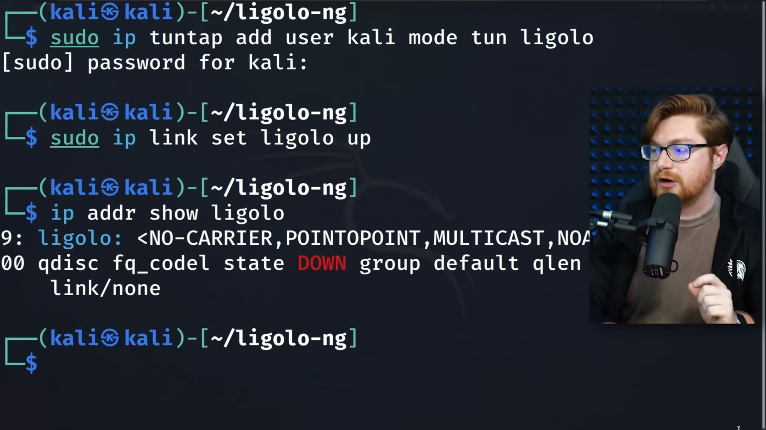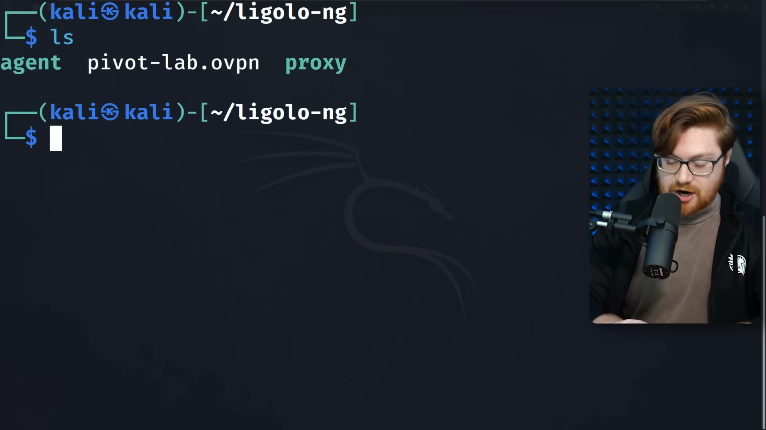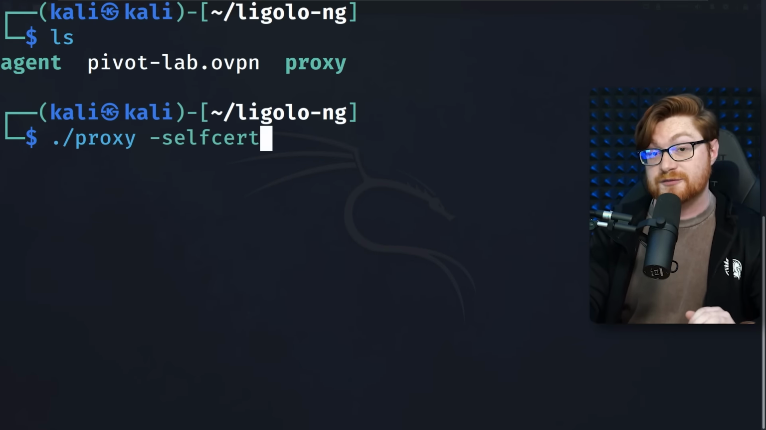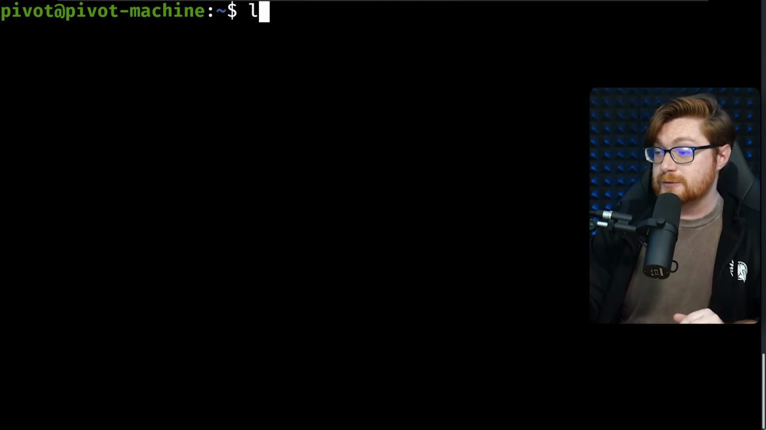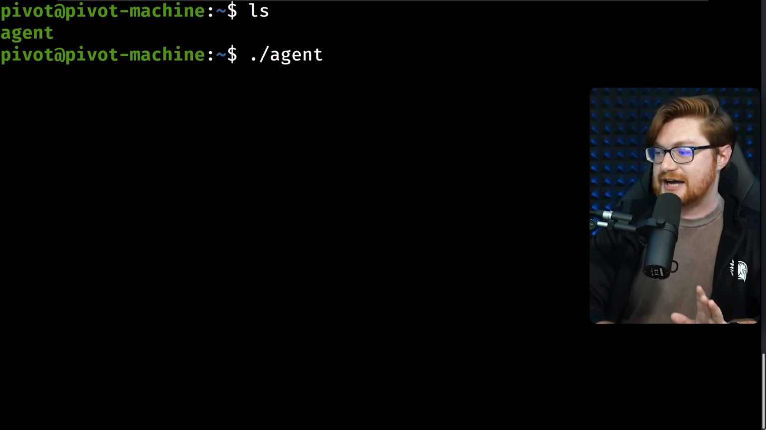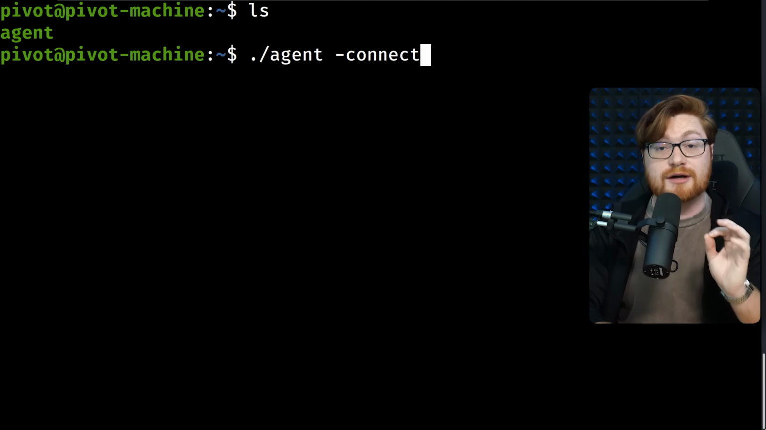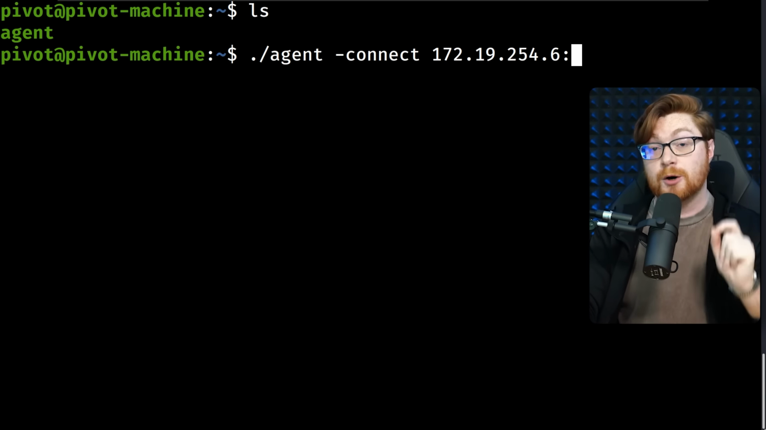On our Kali Linux attacker machine, let's run the Ligolo-ng program: ./proxy -selfcert. And that's it. Now our server side is up and running and waiting to hear connections from the jump box and our pivot machine. So in a terminal that is logged into our pivot machine, let's run the Ligolo-ng agent program. The command line arguments should be ./agent -connect with our attacker IP address and a colon to